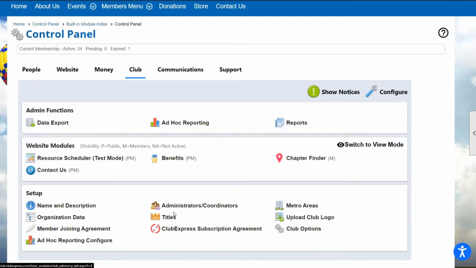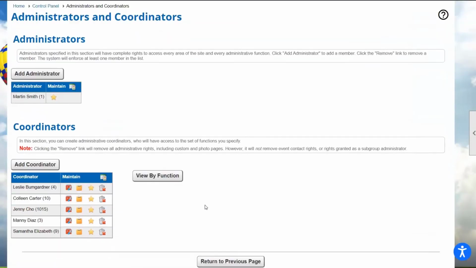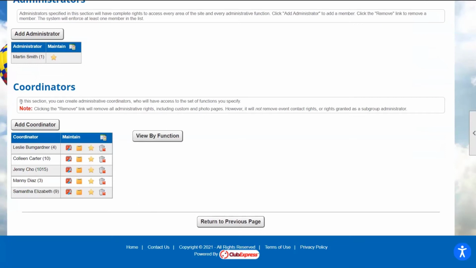And down at the bottom under the setup features, we have administrators and coordinators. And this is just another place where you can set up those admin and coordinator rights. So when we take a look at coordinators, we see a list of everyone who is a coordinator, and we can select the functions icon to view and edit all of the rights